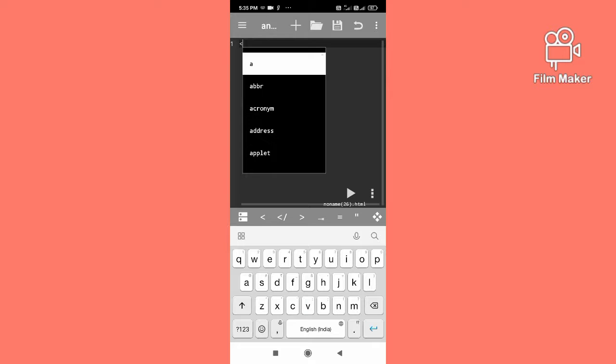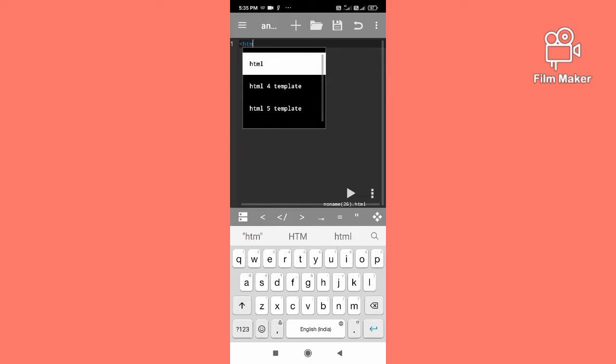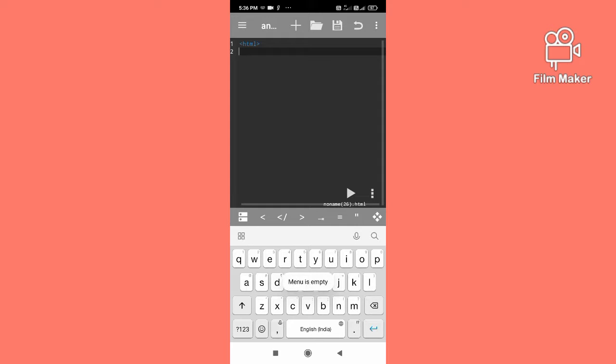So first I'll write the HTML tag. In this video I'm going to show you something more about table. In my previous video I've already shown how you can make the table, and in this video I'm going to show some new things. Okay, then I'll close the HTML tag, then I'll write the body tag, then I'll close the body tag. Then I have to create the table, so I'm writing table, in which I'll give border is equal